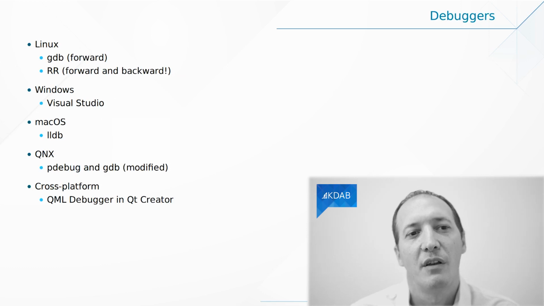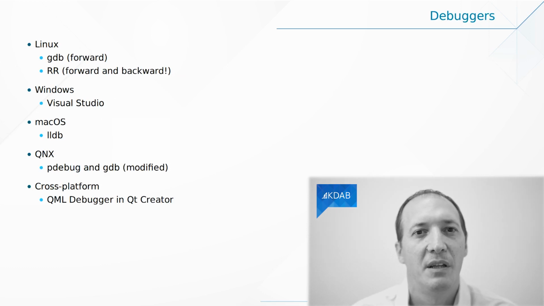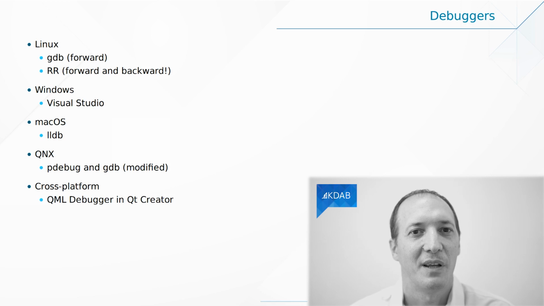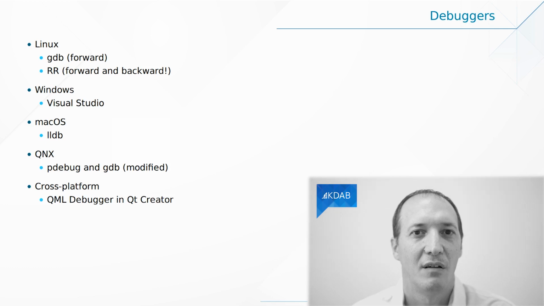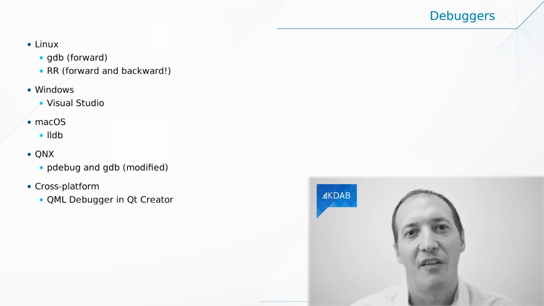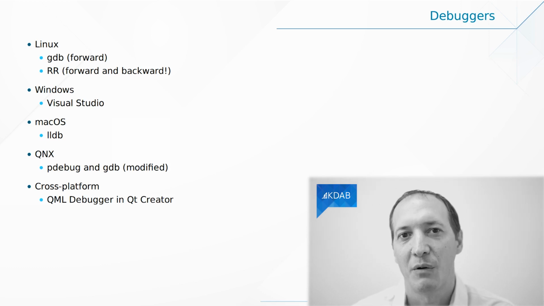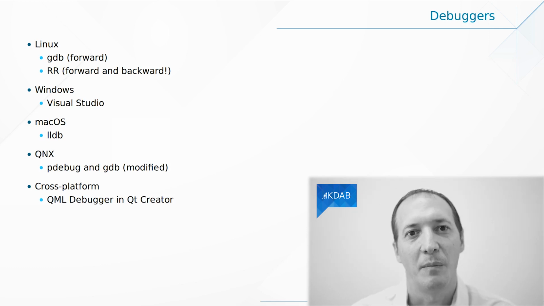And then we have the very well-known debuggers like GDB on Linux, which allows you to do debugging step-by-step in your application. What you might not know is that there is another debugger called RR, which allows you to go backwards and forwards in your application. Isn't that amazing? The way it works is you record the run of your application, hopefully up until a bug. And then when you reopen that recording in RR, you can go backwards and forwards and skip ahead, skip backwards, and so on.